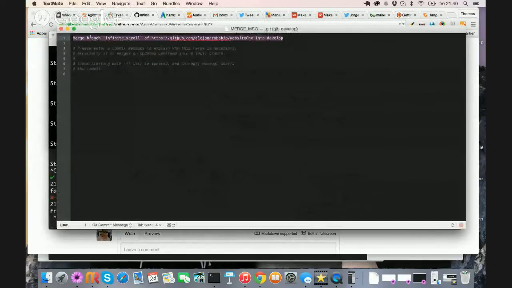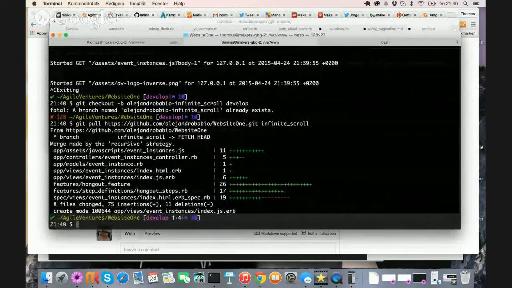Okay, so yes, and git pull upstream develop. Okay, up to date. Cool.